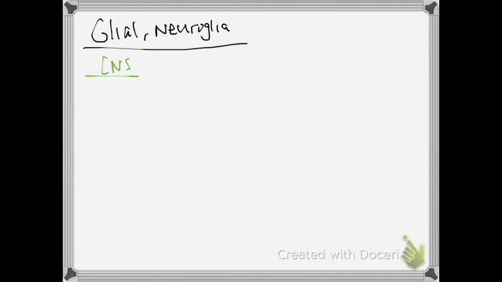All right. So for our CNS, I'm going to do these one by one. So an astrocyte, what is an astrocyte? This is the most abundant glial cell, so the most numerous. And these are going to connect a neuron to a blood vessel, specifically connect